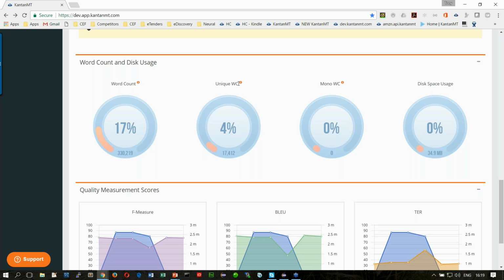The unique word count calculates how many unique words your engine actually understands or can handle or can translate into the target language. So if you have an engine that has 10 million bilingual words but only 5,000 unique words, even though the total word count is 10 million, which is a big number, because the unique word count in that engine is so small, that engine most likely will produce very poor results. So you really need to focus on this unique word count,